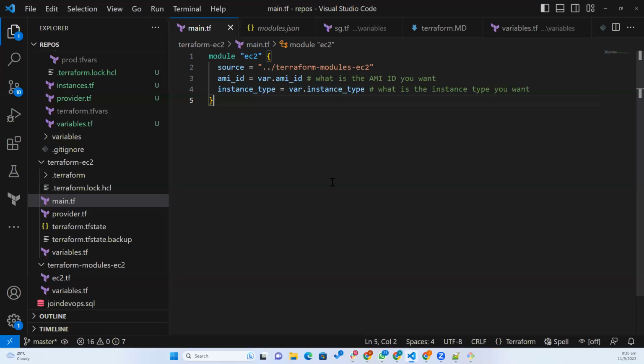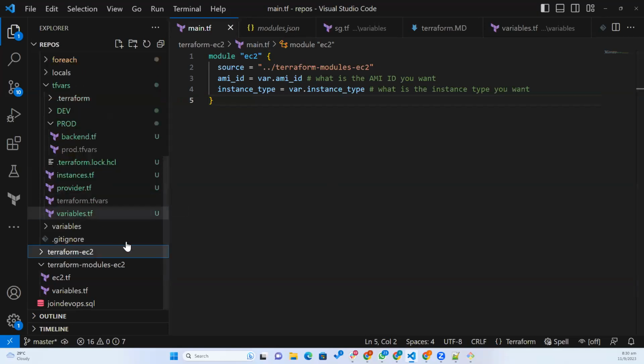Okay. And one more thing, Shiva. We said that the tfvars file will be used for passing the values to the main script, right? So as part of .gitignore, we are making .tfvars